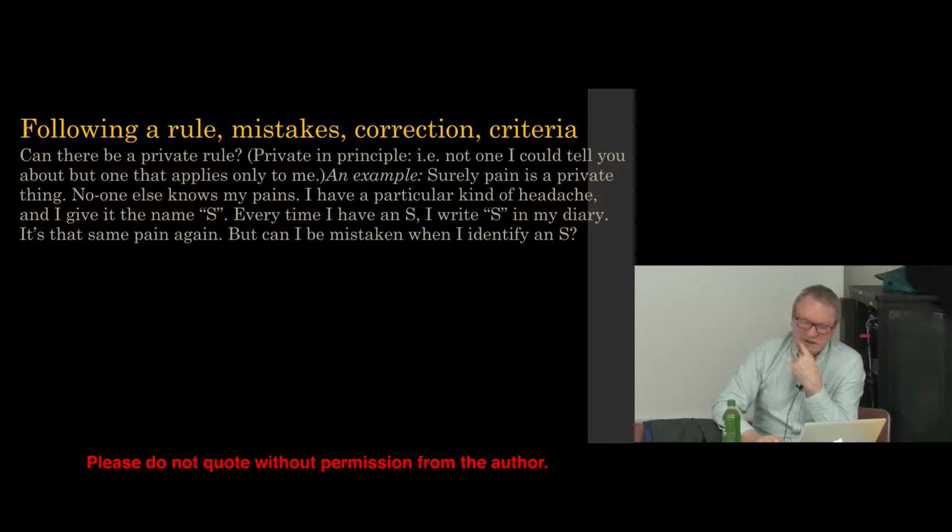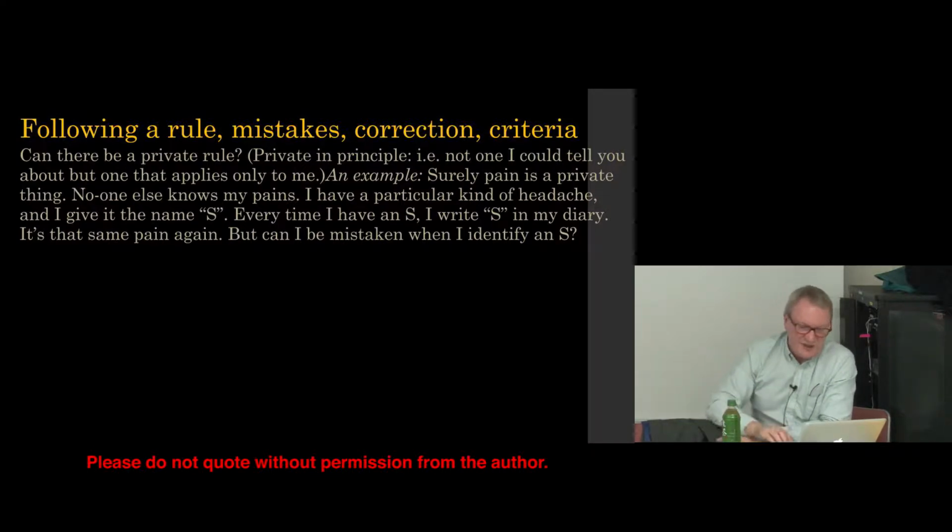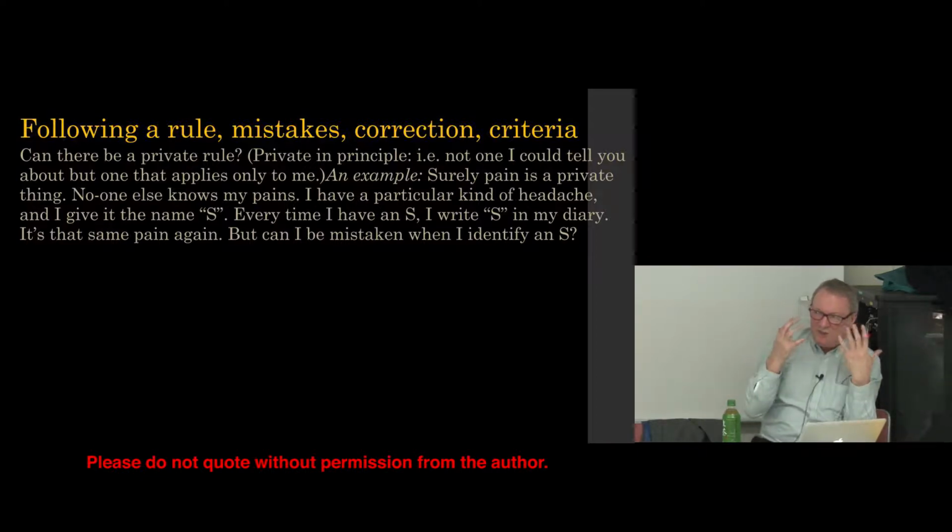One of the things Wittgenstein is concerned with is really not just with words and their usage, but with our thought. And he asks, can there be a private rule? Because we saw that to use the word pencil appropriately, I needed to carry on having a pencil or giving you a pencil or doing things appropriately in that case. But now the question is, could there be a rule that was private in principle? Like a code that only I know, not one I can write down and then show you, but one that in principle I can only know. And he gives an example.